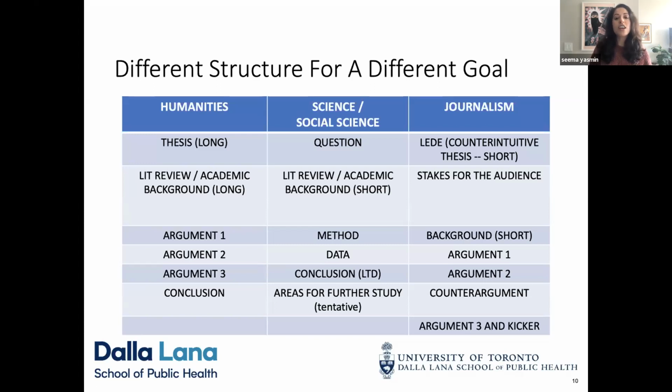So I'll just get us started on this, because for many of us, we didn't come up through journalism, right? We went to school for science or engineering or for the humanities. And appropriately so, within those disciplines, we learned ways to structure our arguments that fit for that discipline. There are norms within each of them. And we're not saying that any one of these is right or wrong or better than the other. I actually do think the journalistic way is more narratively compelling and more human, a more straightforward storytelling structure.